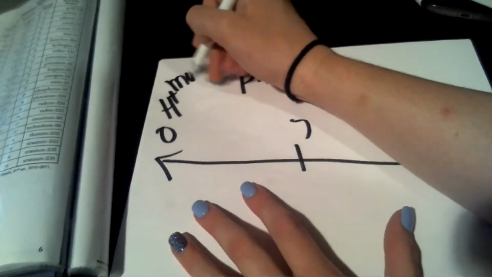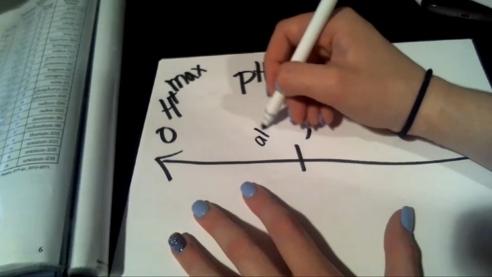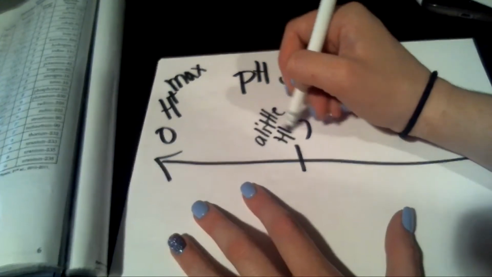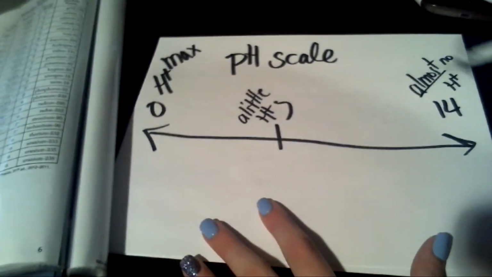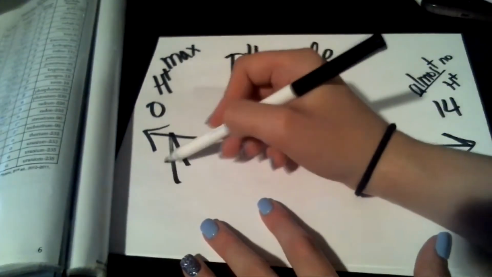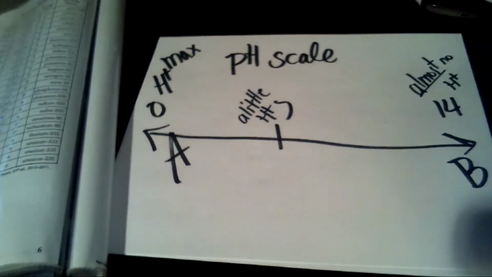Okay. Back here. pH scale. This is where we are going to have max H plus. This is where we're going to have a little H plus. This is where we're going to have almost no H plus. Because this is basic. This is acidic. Acid, base. It goes in alphabetical order. So